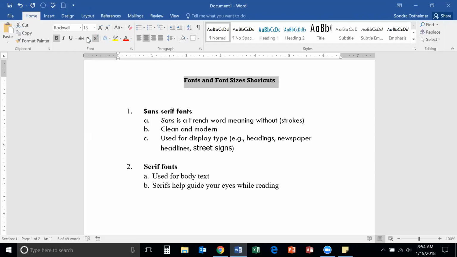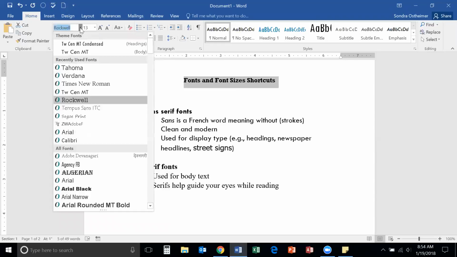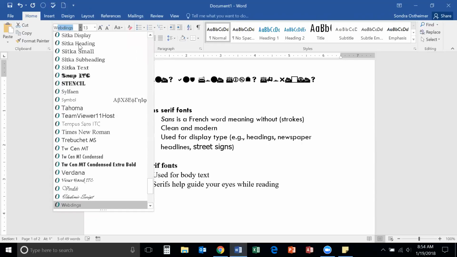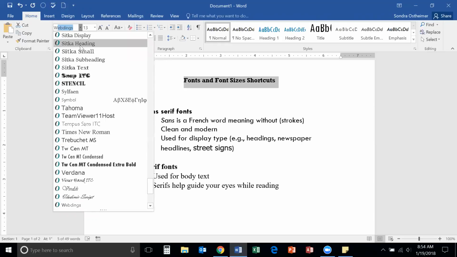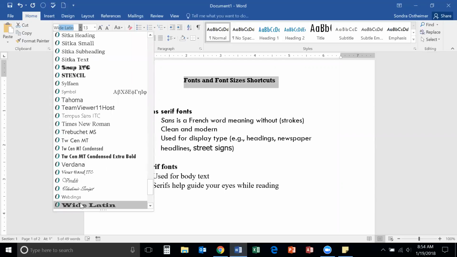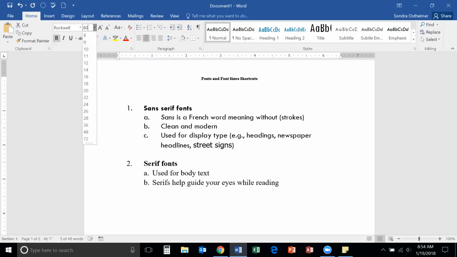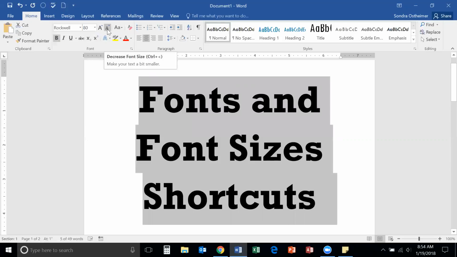Okay, that's it for the fonts. So all you have to do to find your font is click the drop down arrow and just start typing the first letter, and it will jump right to it, and you just have to keep typing the letters until you get to the one that you want. And if you want a larger size than what's listed here, you click the drop down arrow and then you just type what you want, press the enter key, and then if you want to change the font size, you can use the Control left